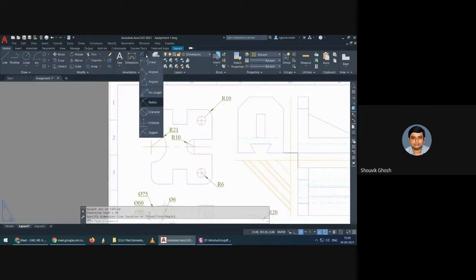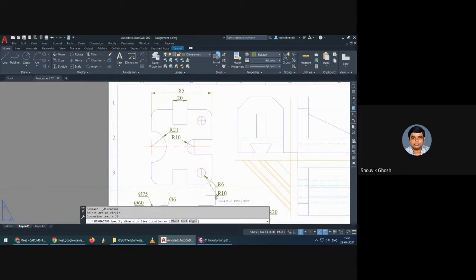So let's do the linear dimensioning now. So you can see this value, this R10, is overlapping, which is not the desired one.